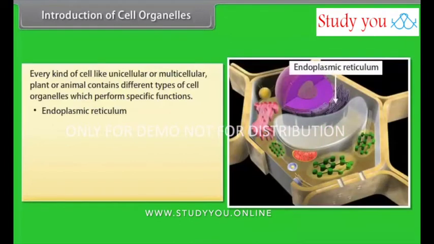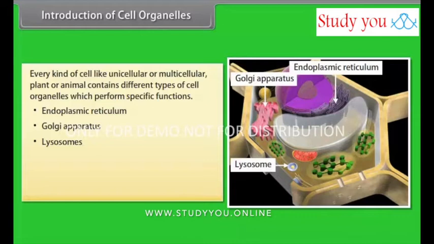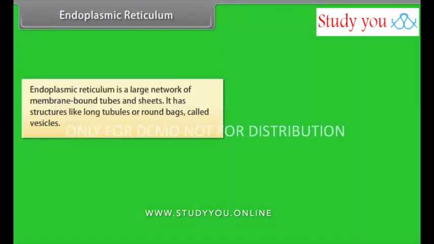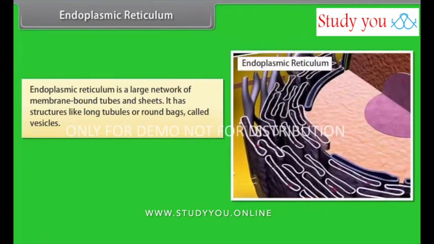Endoplasmic reticulum, Golgi apparatus, lysosomes, mitochondria, plastids and vacuoles are some examples of these cell organelles. Now let us know their structure and functions in detail. Endoplasmic reticulum. Endoplasmic reticulum is a large network of membrane-bound tubes and sheets. It has structures like long tubules or round bags called vesicles. On the basis of presence of ribosome, they are of two types: rough endoplasmic reticulum, RER, and smooth endoplasmic reticulum,